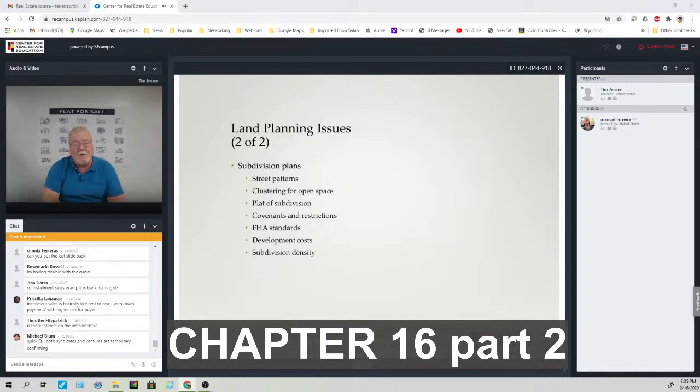What are your development costs? How much is it going to cost you to develop this thing? And what about density of population? That's a big concern because of quality of life. You're going to put 200 people in one building. That's kind of serious